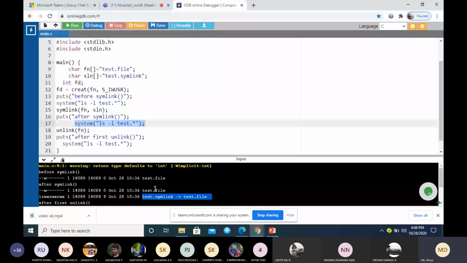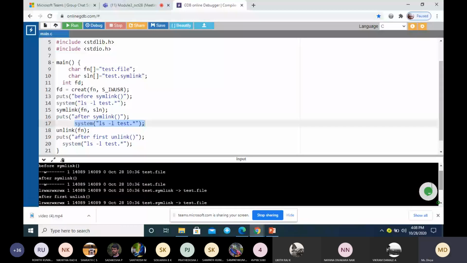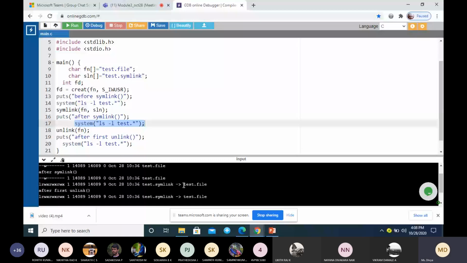Now we are executing unlink. When I execute unlink, what will happen? After executing unlink, we execute ls -l. Which link will be deleted? The first one is a hard link, the second one is a symbolic link.